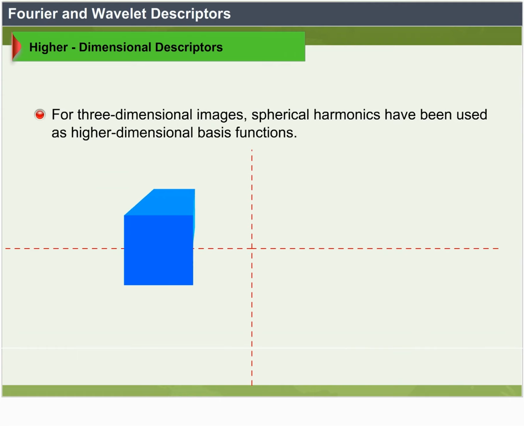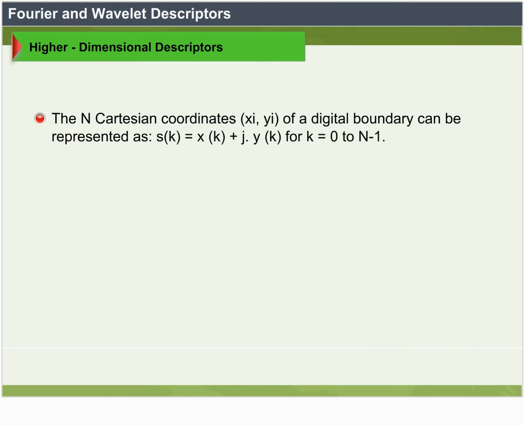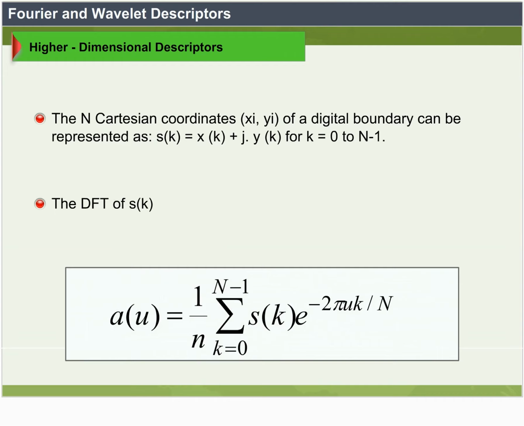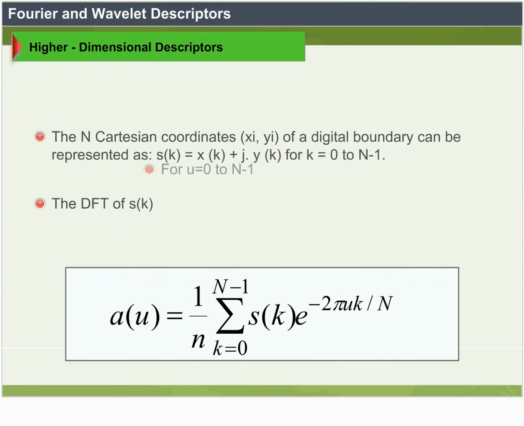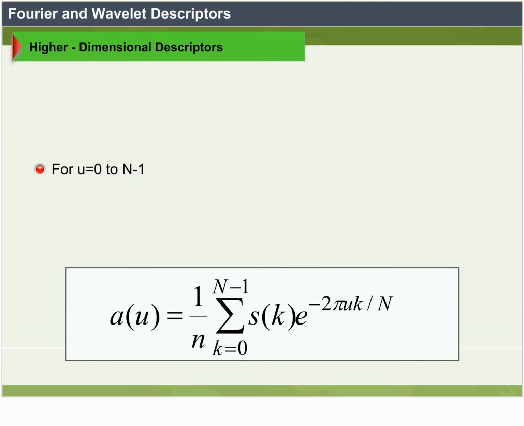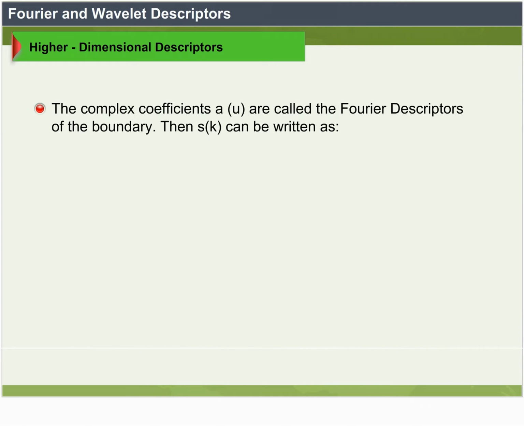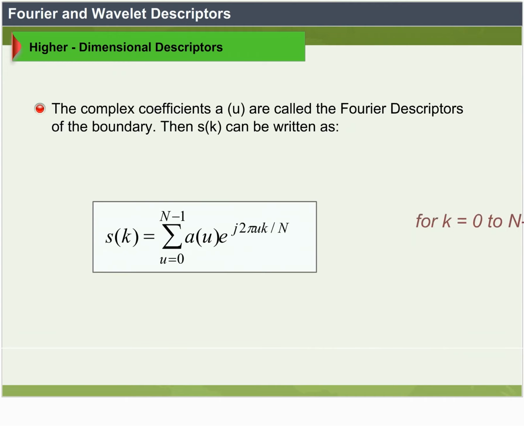The n Cartesian coordinates xi, yi of a digital boundary can be represented as s of k equals x of k plus j into y of k for k equals 0 to n-1. The DFT of s of k is given by the equation shown on screen. For u equals 0 to n-1, the complex coefficients a of u are called the Fourier descriptors of the boundary. Then s of k can be written as,